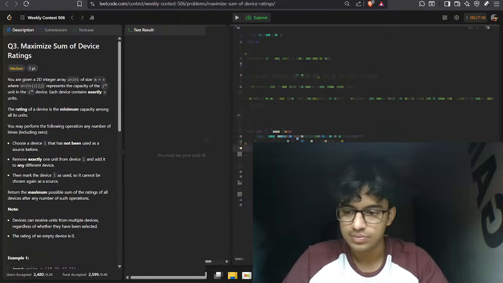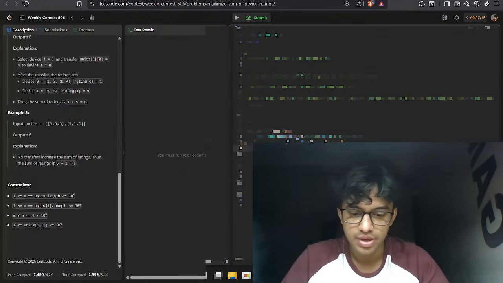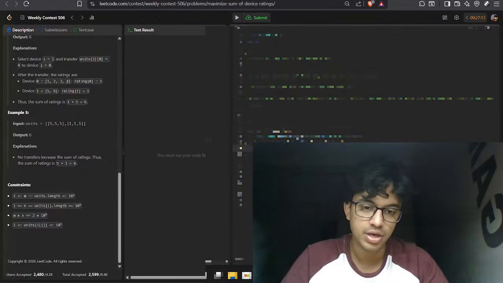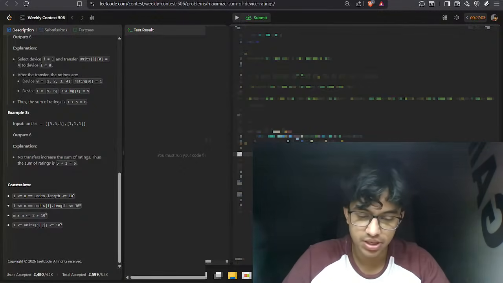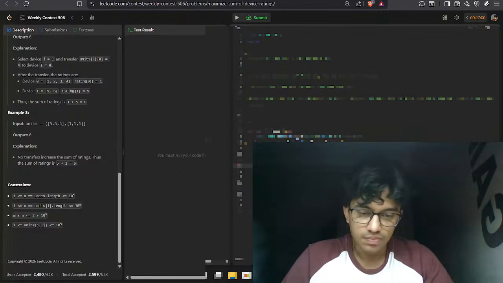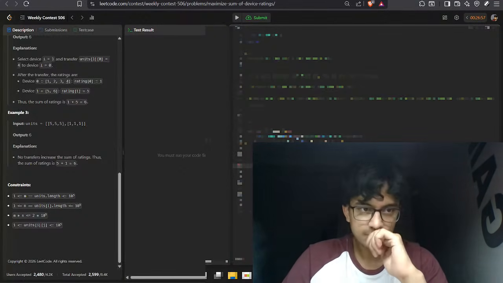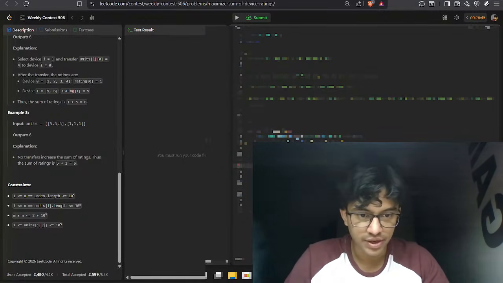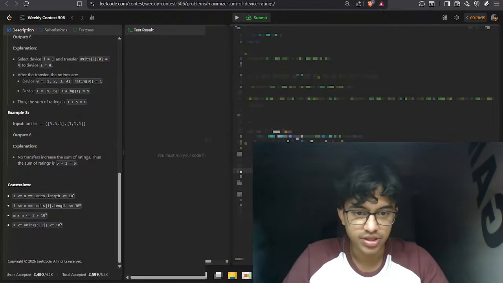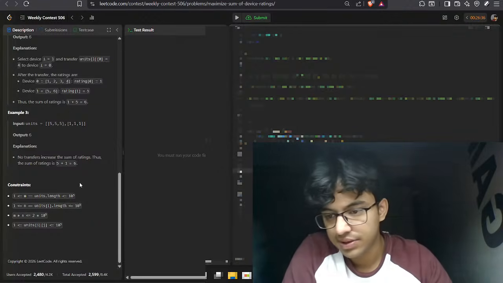Smallest equals 10 raised to 5. Int smallest equals int max. Int second smallest, basically, equals int max. Smallest equals min between smallest comma units of ij. If units of ij is greater than, what if, see,